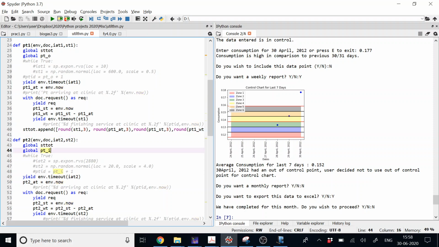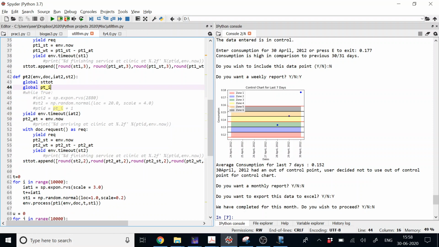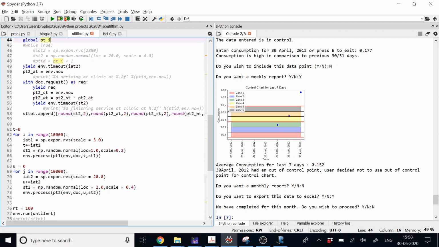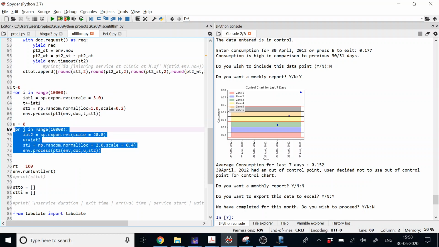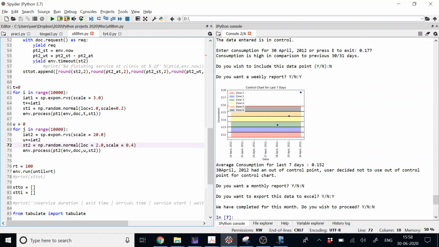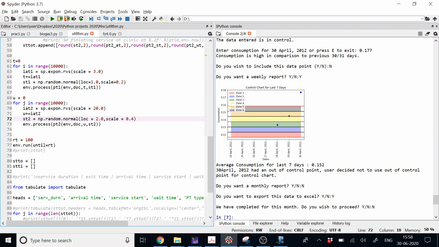Now, similarly for patient 2, I'm doing the same thing, for patient type I, and then I'm creating an arrival process. So I'm generating 10,000 patients of type O, and I'm generating 10,000 patients of type I. Here I'm just calling them 1 and 2. To keep things simple, I'm only running the simulation. environment.run does that. I'm only running the simulation for 100 time minutes